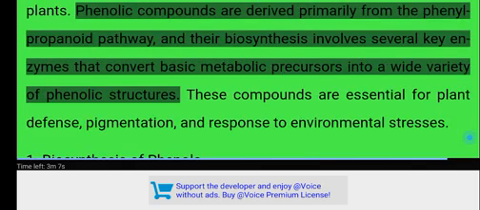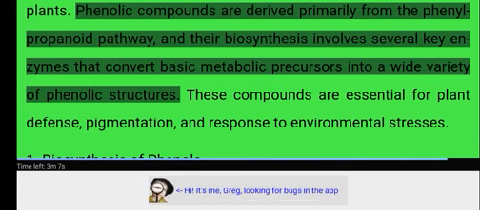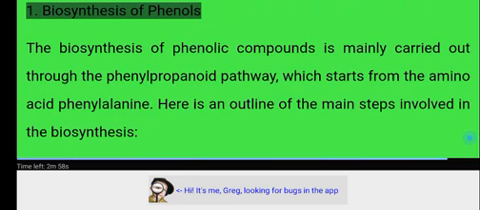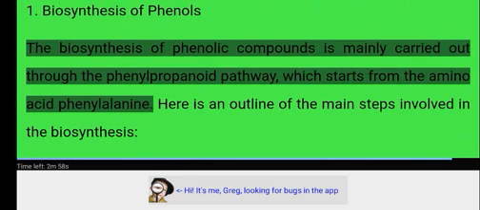Phenolic compounds are derived primarily from the phenylpropanoid pathway, and their biosynthesis involves several key enzymes that convert basic metabolic precursors into a wide variety of phenolic structures. These compounds are essential for plant defense, pigmentation, and response to environmental stresses. 1. Biosynthesis of phenols. The biosynthesis of phenolic compounds is mainly carried out through the phenylpropanoid pathway, which starts from